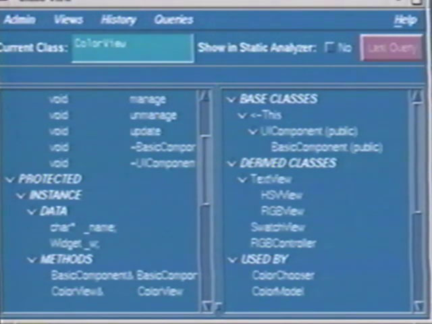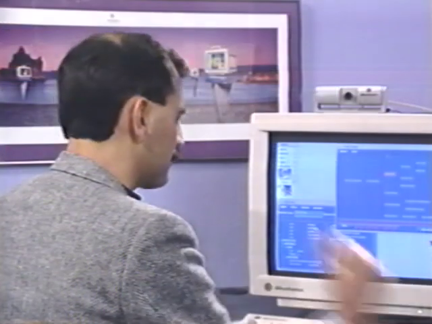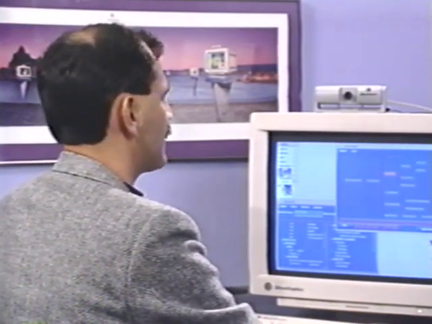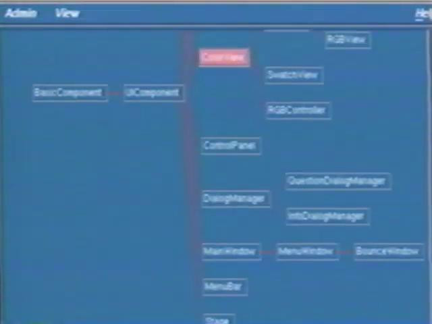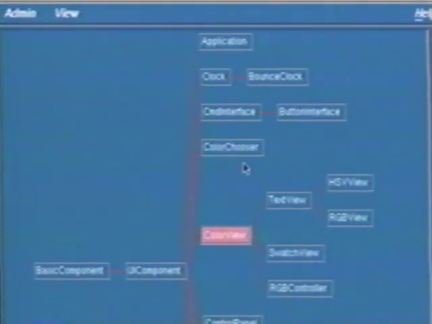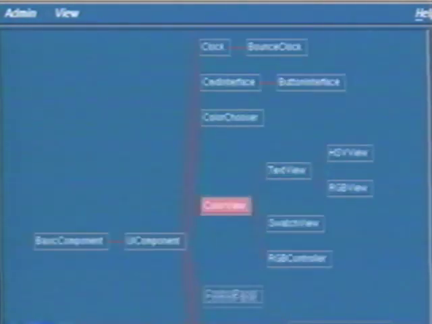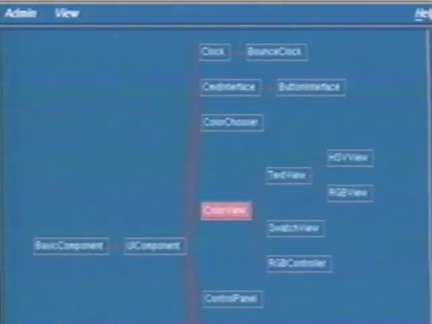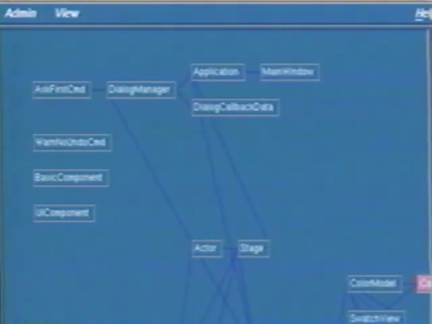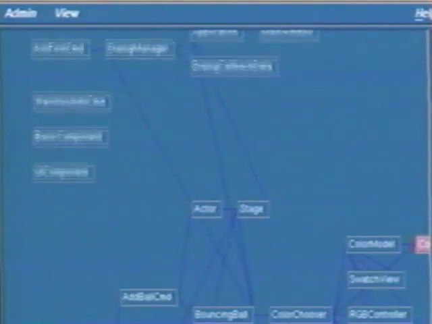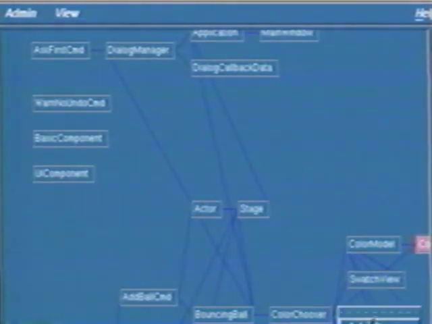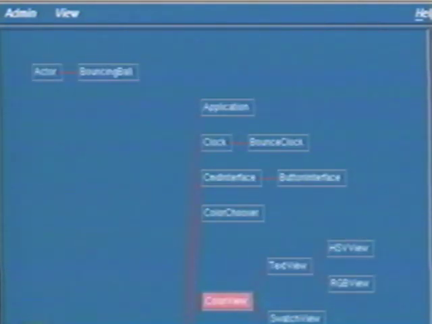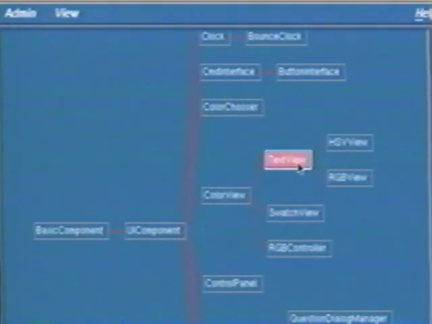If I switch over to the other view here, on the top right, what I have is a graphical view of the inheritance relationship among the classes in my application, with the current class highlighted. I can switch this view to show me either inheritance, containment, interaction, that is which class calls which other class, or friends relationship between classes. For example, if I switch to interaction, I will get a graph showing which classes call which other classes. If I double click on any class in this hierarchy, the main browser view switches to show me the details